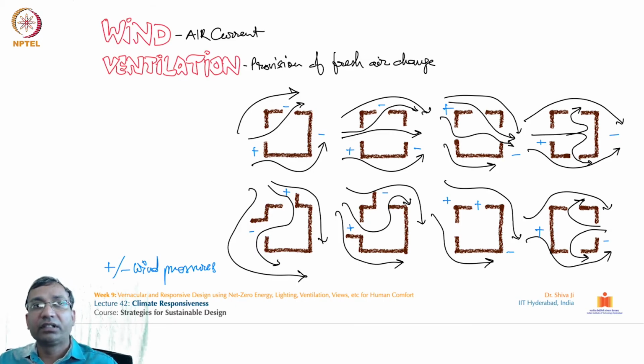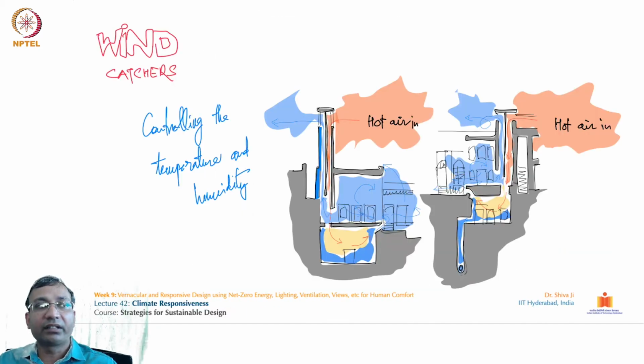Further to this, we will see this slide over here. This talks about controlling the temperatures and humidity inside the premises of any given building. This example we saw in one of the pictures in the vernacular lecture. So we saw these wind towers. The main function of these wind towers is to receive the wind, bring it down